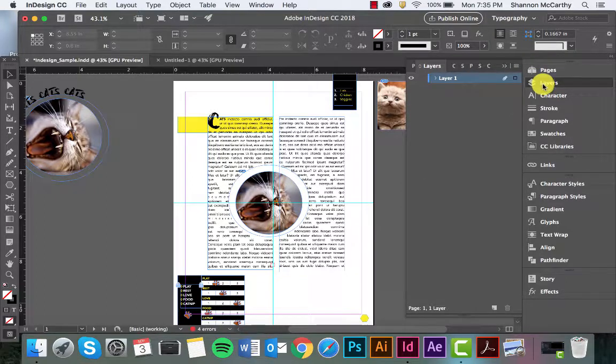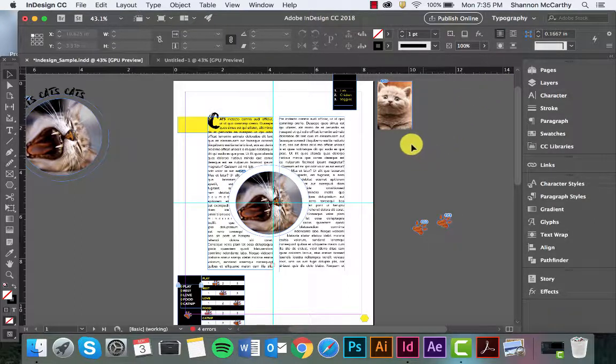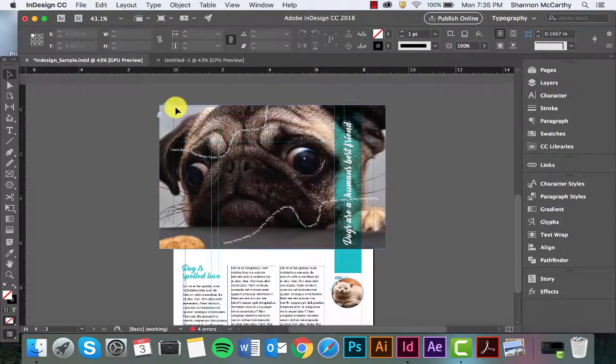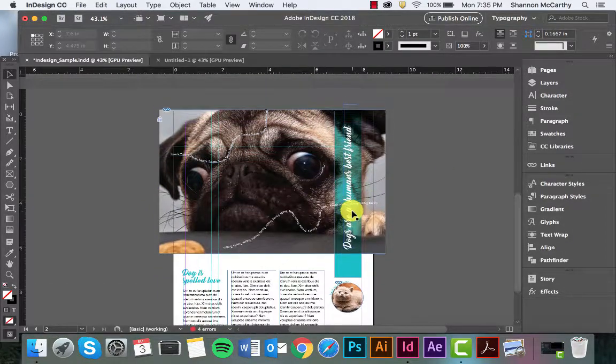You can also work with layers. I find that if it's an easier design, I normally just work on one layer, but if it's more complex and complicated, which a lot of layouts can be, I would strongly suggest working with layers. But for something as simple as this, it just wasn't necessary for me personally at this time. But they do have it, and I strongly recommend it. So you can see all the little extra things I was just playing around with to set this up, and you can see how images can bleed off with